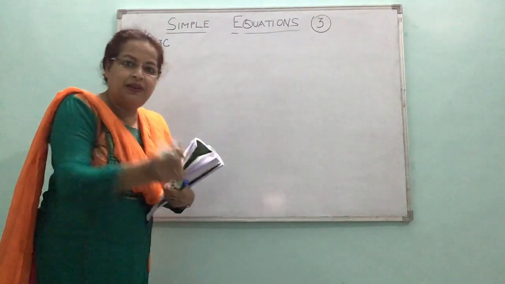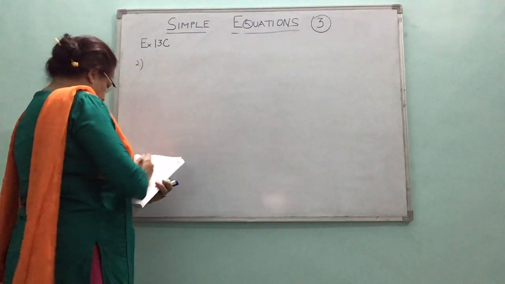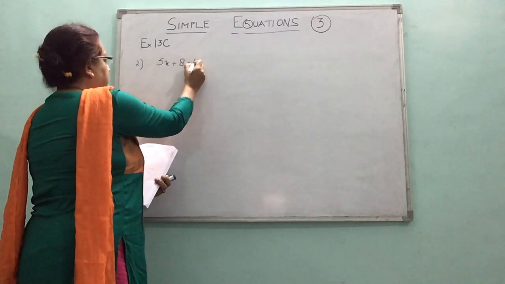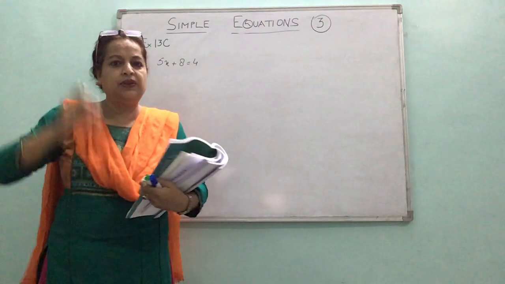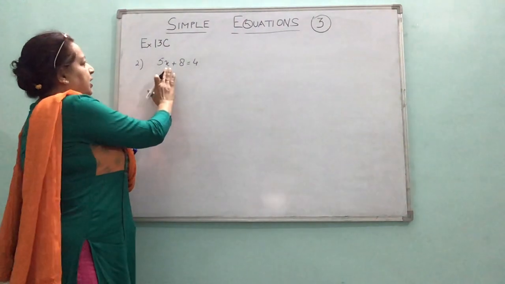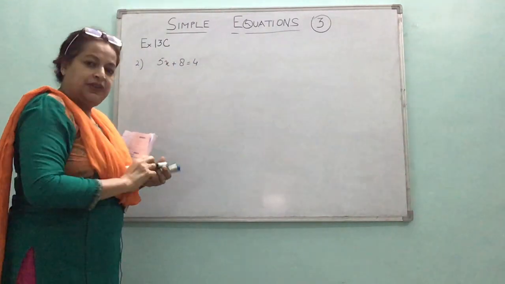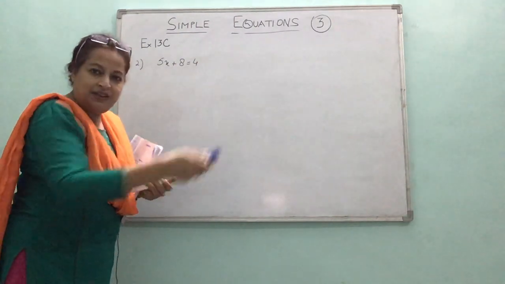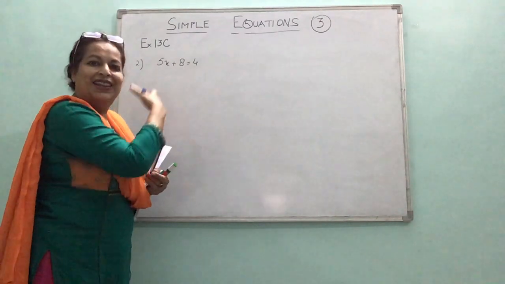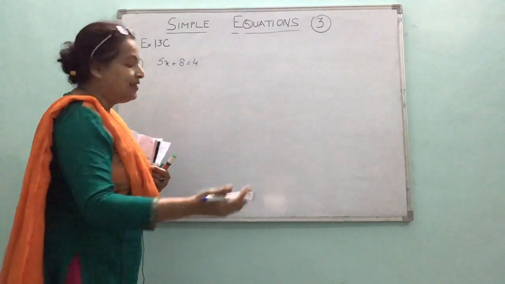So I am taking a question of exercise 13C. Question number 2. It says 5x plus 8 is equal to 4. We have to find the value. It's a multiple choice question, so I have to find the value. I'll be finding it, right? Now, there are two terms on this side. So the rule says, in the transposition method, that when we shift the terms, the ones with variables on one side and the constants, constant meaning only numbers whose value doesn't change, to the right hand side.